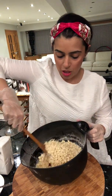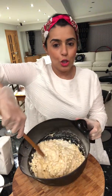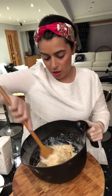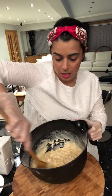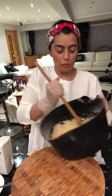Okay, and just mix this all together. Obviously at this time, you don't require an electric whisk or anything like that. Just mix it all well together so that it's really nice and combined. Okay,